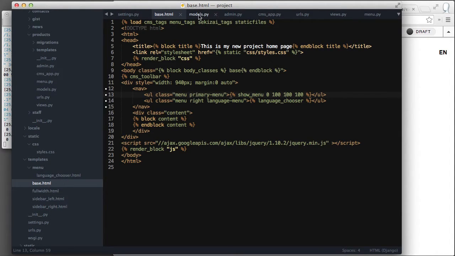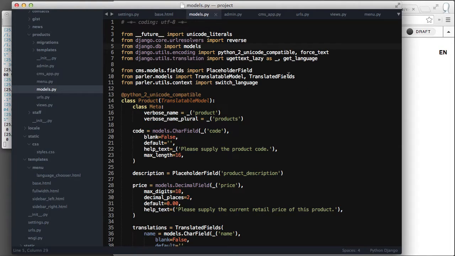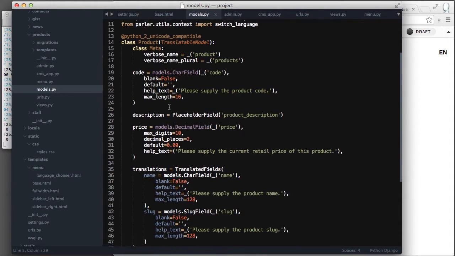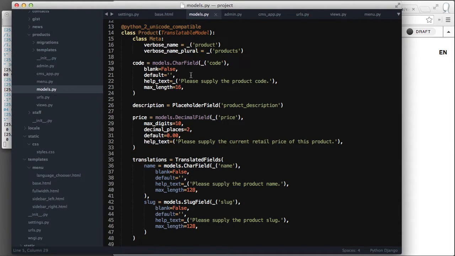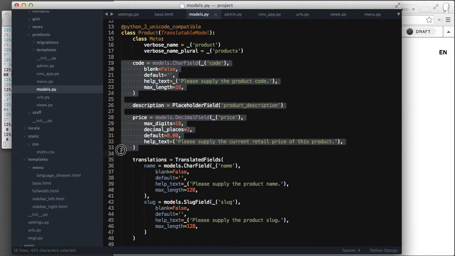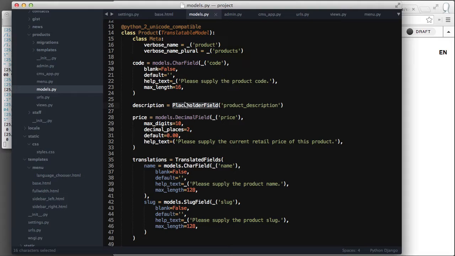Okay, so the core of any application is going to be your model. So let's have a look at that. In my model, I have basically 5 fields. I have code, description, price, name, and slug. Now, these are pretty much normal. We've covered off how to do placeholder fields in the first video, so check that out if you're not familiar